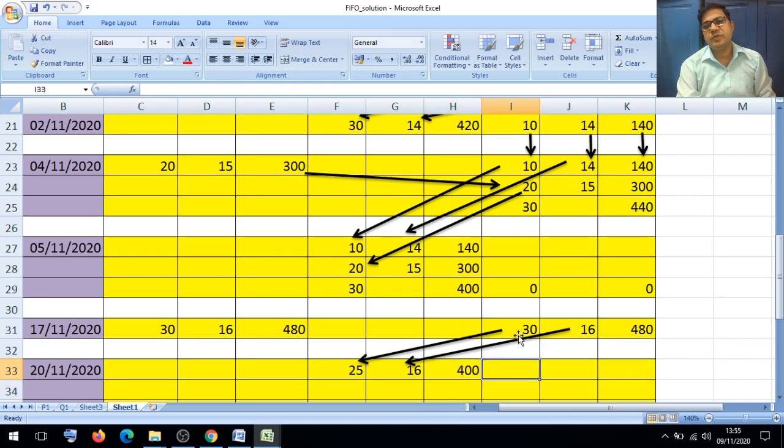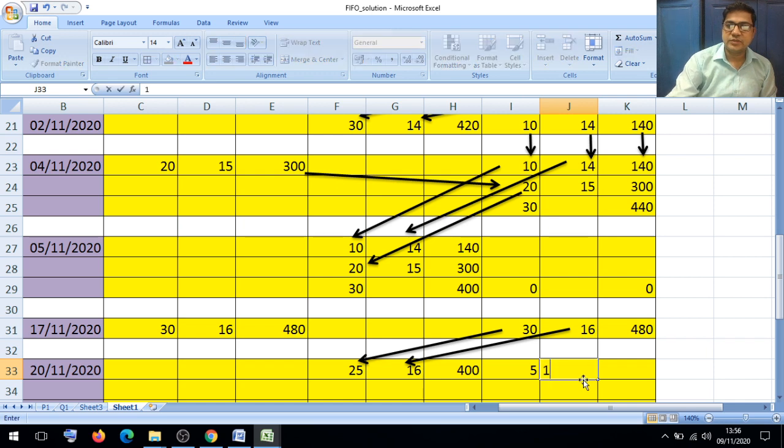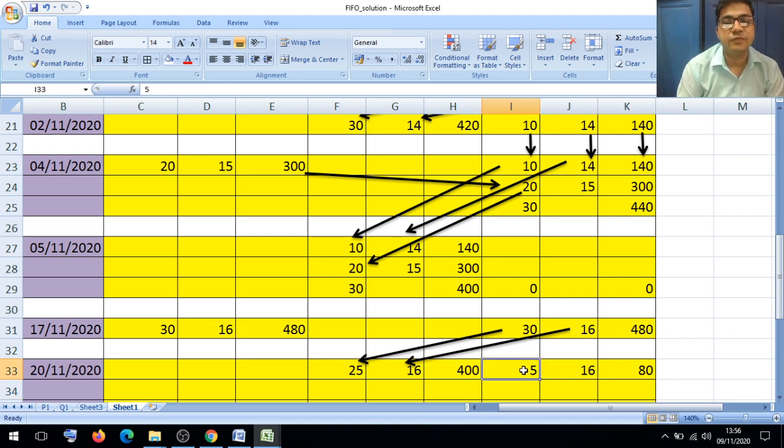Now friends, from this 30 units, 25 units were sold. The rest of the units are fine. Rate as it is, we have to consider 16. We have to multiply this 5 into 16. 80 rupees are available and total units are remaining. Fine. After that,